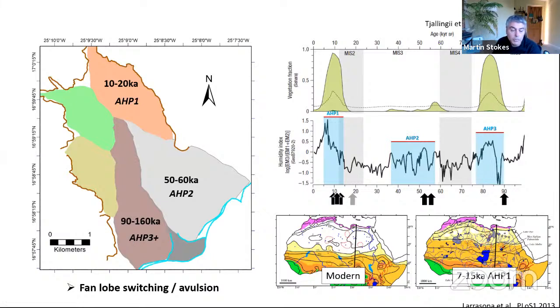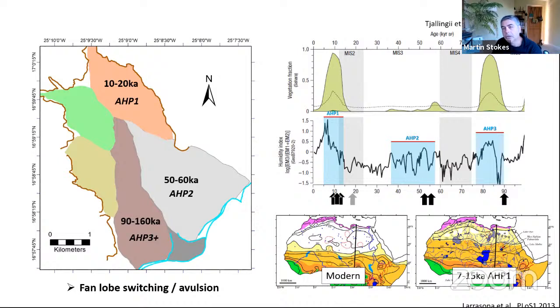And so we've got a fan which is building by lobe switching and avulsion, which is no great surprise. You expect fan dynamics to operate in that particular way. And it clearly seems that the locus of sedimentation is moving back towards the mountain front, which is fairly common with rising base levels and